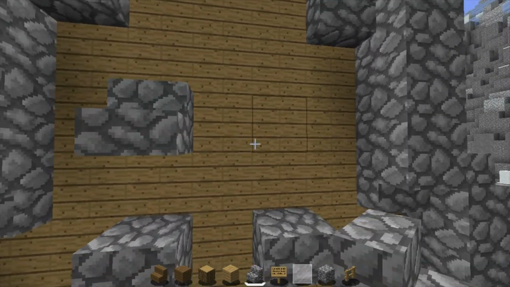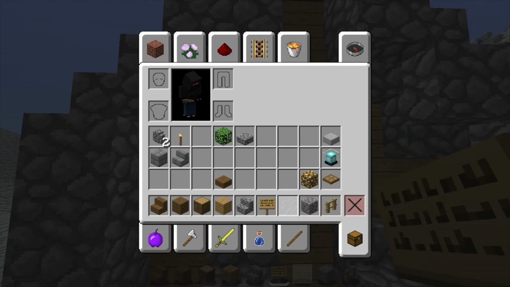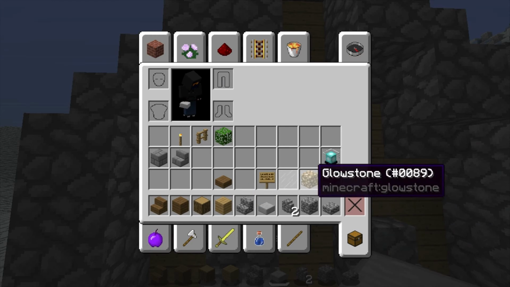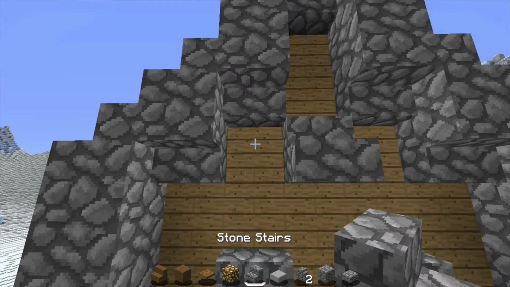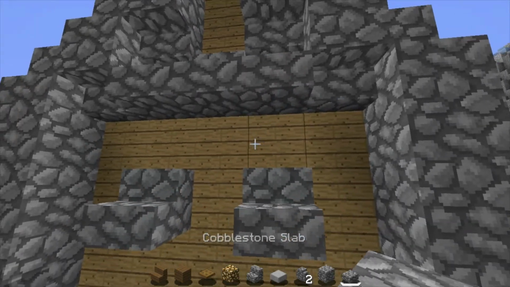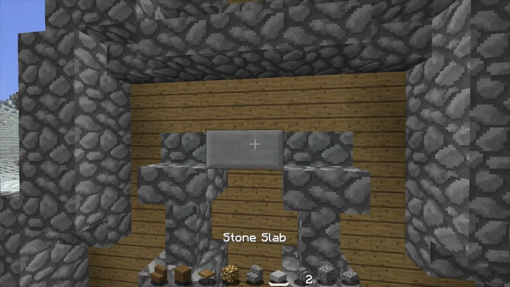Then we're gonna go up one, and we're gonna go there. Then we're gonna bring it up two. We're gonna cross. Then we want to take our slabs. We want to grab this, and we also want to grab this, including our glowstone and our trapdoors. Now what we want to do is we want to take our regular cobblestone slab, go there. Now what we want to do is we want to go there, there, and we're going to bring this up